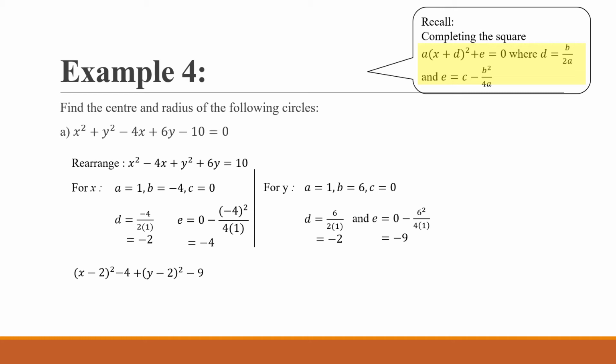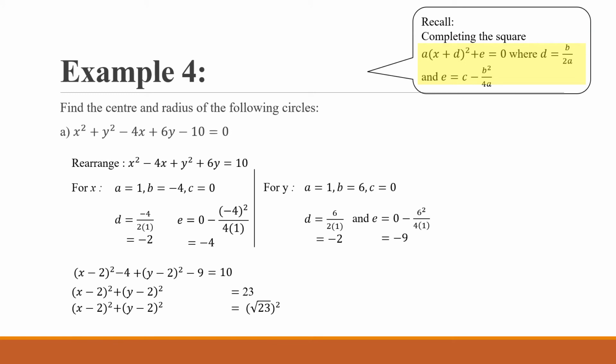Therefore, our equation will become (x - 2)² - 4 + (y - 2)² - 9 = 10. Rearrange the equation so that all the constants are on the right, we will get (x - 2)² + (y - 2)² = 23. And finally,